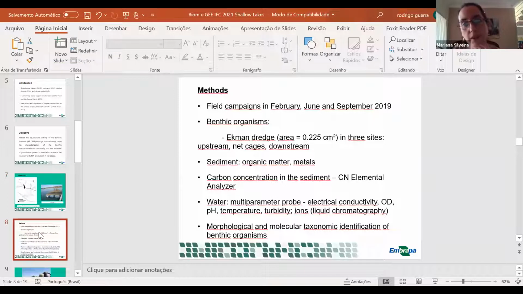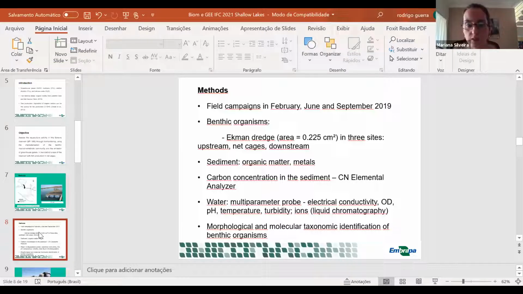So we had 3 field campaigns in 2019, in February, June, and September. We used the Ekman dredge and divided the production area into 3 sites: upstream of the production area, inside the net cages area, and downstream of the net cages. We measured the organic matter content, the percentage of organic matter, and the concentration of metals in sediments, and